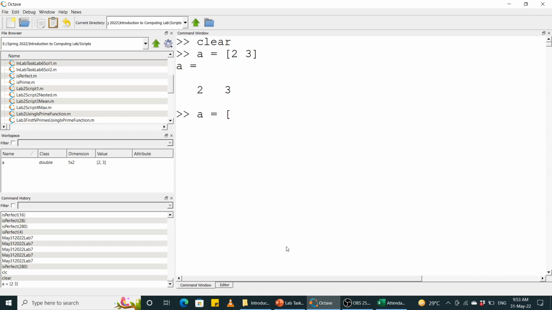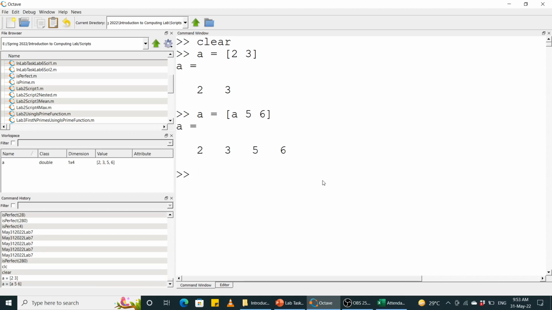आई कैन से a इज इक्वल टू a और उसके साथ मैं 5 एंड 6 अपेंड कर देता हूँ, a के साथ मैं 5 और 6 लगा रहा हूँ। तो वो मैं कैसे करूँगा? आई कैन से a इज इक्वल टू एंड देन दिस वेक्टर विच इज़ अ कॉन्कैटिनेशन ऑफ a 5 एंड 6। तो a की नई वैल्यू क्या है? a की पुरानी वैल्यू और साथ में 5 और 6। तो a की पुरानी वैल्यू ये है, a इज़ अ वेक्टर 2 3। सो 2 3 के साथ 5 6 हम लगा रहे हैं। सो इसके बाद a क्या बन जाएगा? 2 3 5 6। ठीक है, इफ यू रिमेंबर वी हैड लॉट्स ऑफ क्वेश्चंस इन द एग्जाम एज वेल ऑन दिस पर्टिकुलर थिंग।